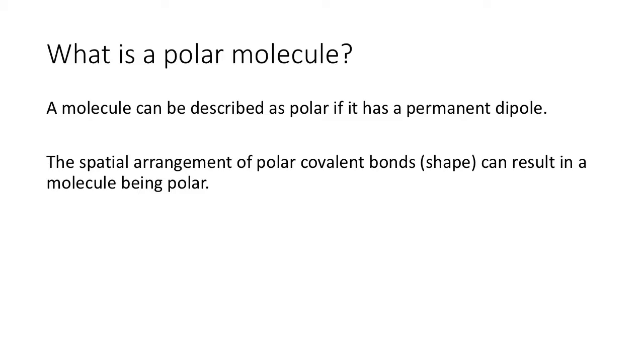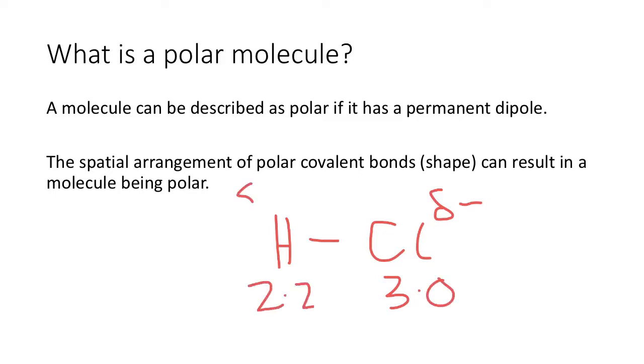A molecule can be described as polar if it has a permanent dipole. Now, we're not talking about just in a bond. In our last session, we looked at polar bonds, for example, hydrogen and chlorine. Chlorine has a much higher electronegativity than hydrogen. Electronegativity of chlorine is 3.0, hydrogen is 2.2. So the electrons in the bond are closer to chlorine, and that gives it a slightly negative charge compared to hydrogen, slightly positive charge. We have a permanent dipole in that bond,